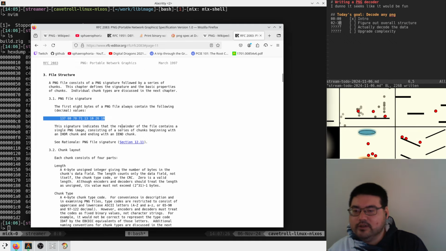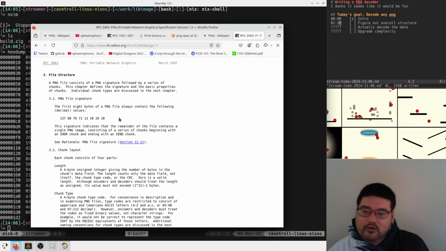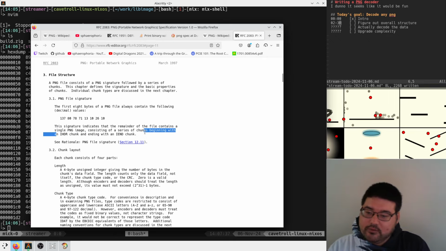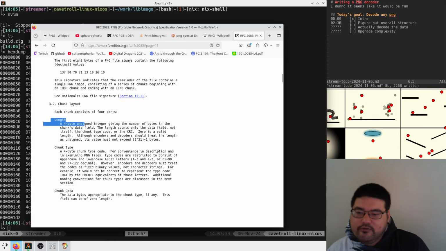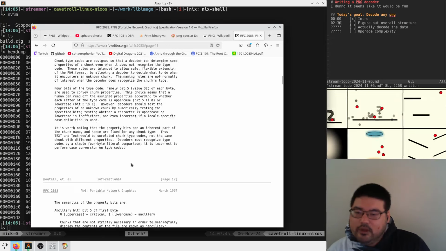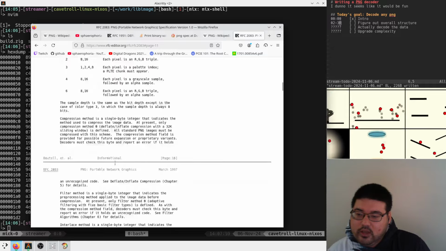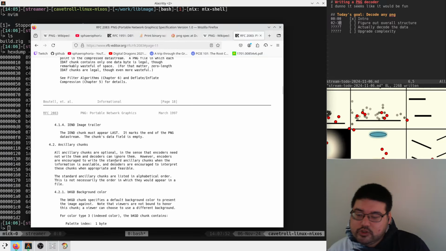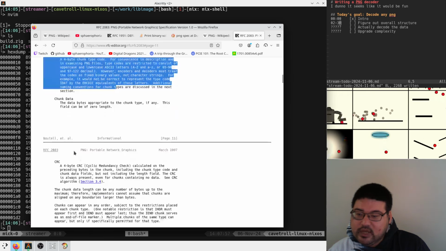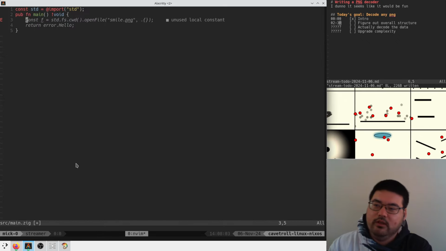Jeez, I can't read. Okay, so here is the magic, 8 bytes. Okay. So the signature indicates the remainder of the file contains a single PNG image consisting of a series of chunks beginning with an IHDR chunk ending with IEND. Cool. Chunk layout. Each chunk consists of 4 parts: a length, a chunk type, chunk data, and a CRC. Okay. There are naming conventions, which I think we can kind of ignore for a bit. And if that is the overall structure, and the overall structure has chunks that have length and type and data, then we should be able to just walk this top level thing almost immediately with very little